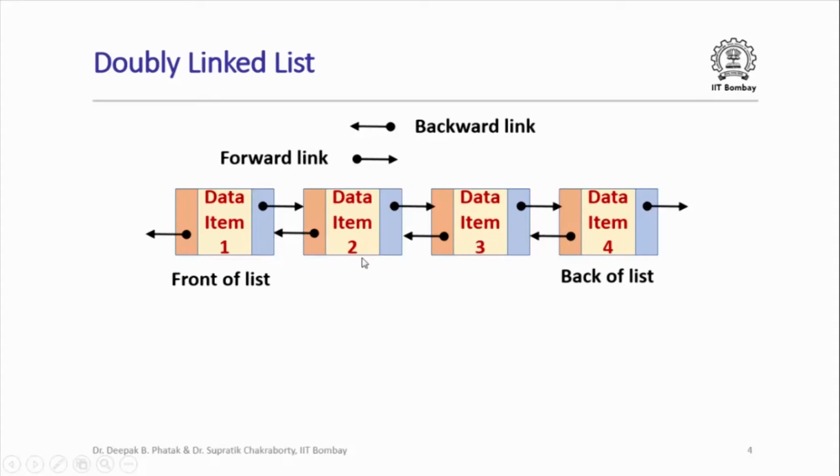So usually a linked list will have a data item along with some additional members which are used to store links or pointers to either next or previous data items. So that's what a generic doubly linked list looks like. It's called doubly linked because from every data item there is a link to the next data item as well as a link to the previous data item.